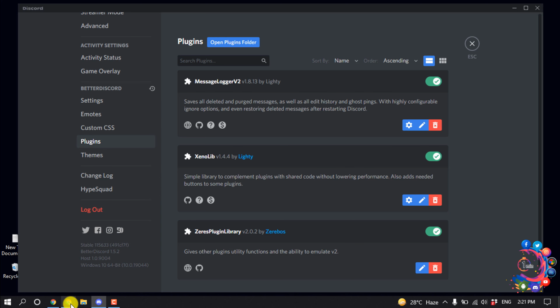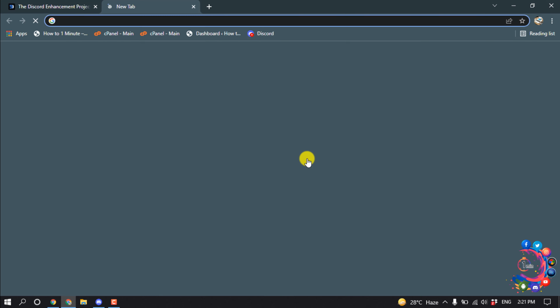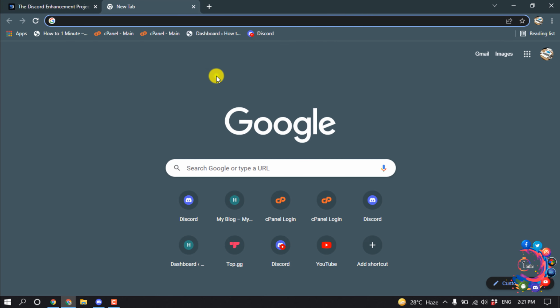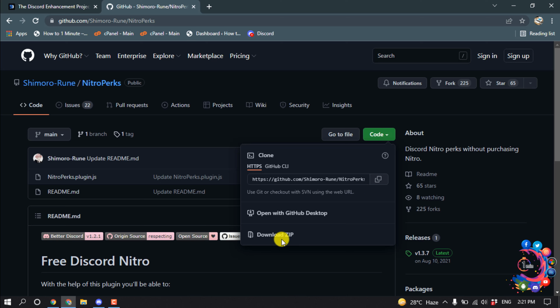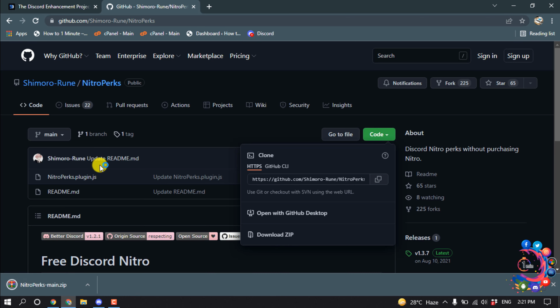So for that, open your browser again and open this URL. You will find this link in description below, and after opening this website, click on code and click on download zip. So this is basically Nitro packs. So after downloading, open your file manager